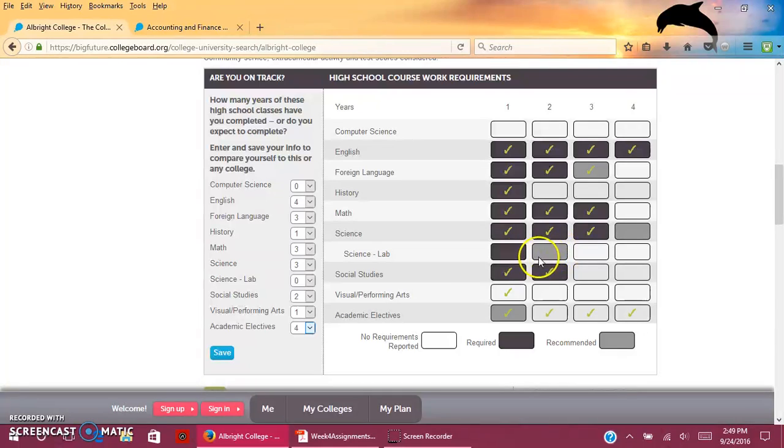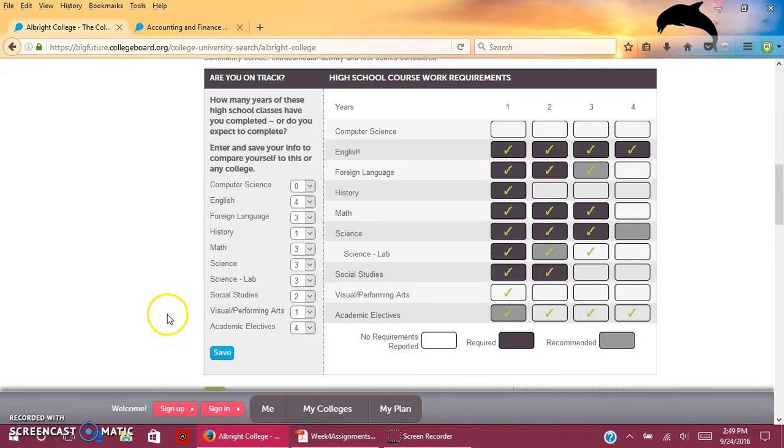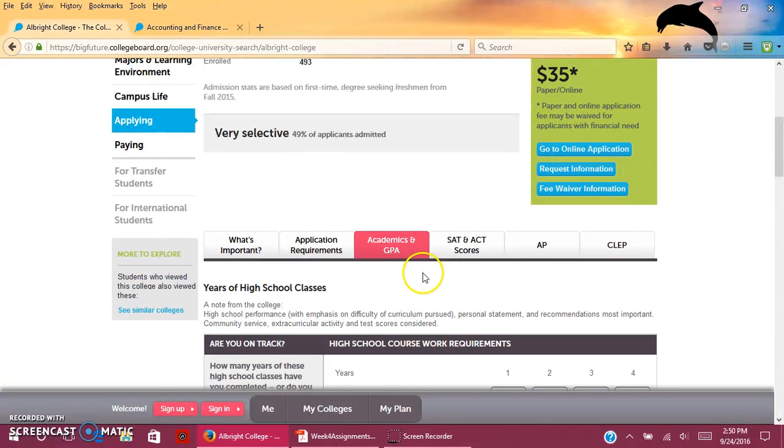Our science classes, they usually do include a lab, so we're just going to make that 3 for this example. We've got basically all covered. This is recommending a 4th science, although not required. The great thing about the College Board site is if you create an account, it will save all this information for you. However, on your initial search, it will save all of these checked boxes when you look at another